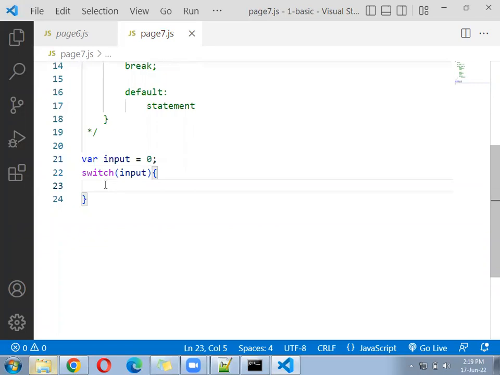Under the switch we pass the input. After that, we can write a case here. Case 0,